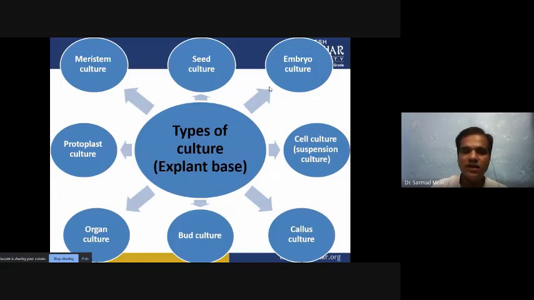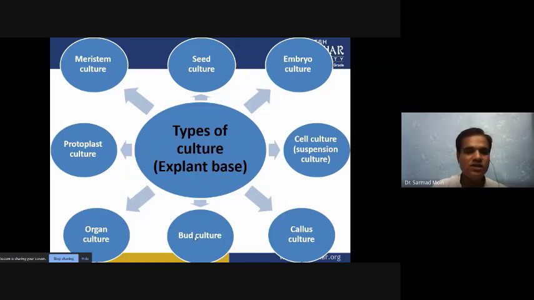So this is also a method where we propagate callus inside the liquid media, and in suspension media we can get very fast and good results when we culture the callus inside it. Then callus culture is also a method where we produce organized types of cells and tissues, and this callus can propagate shoots and roots. So after shooting and rooting, we can propagate millions of plantlets.